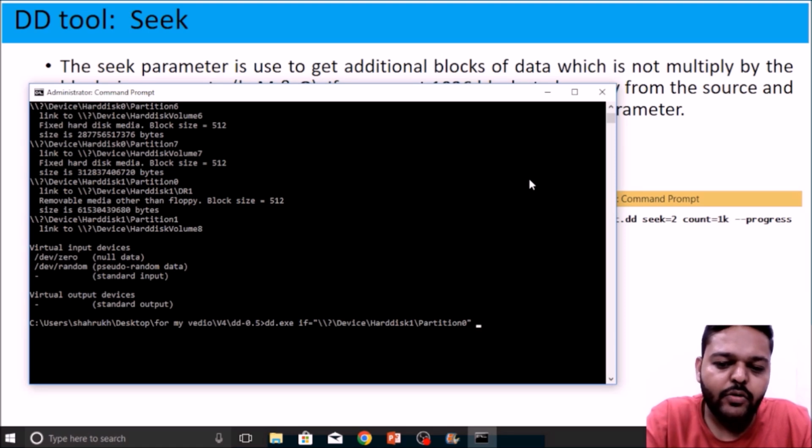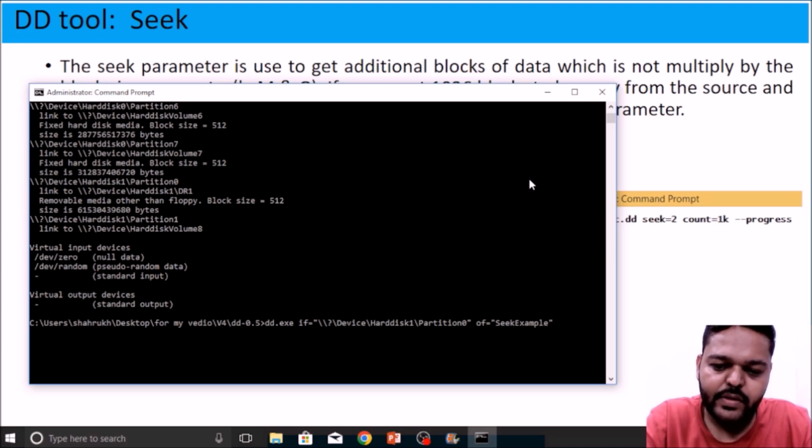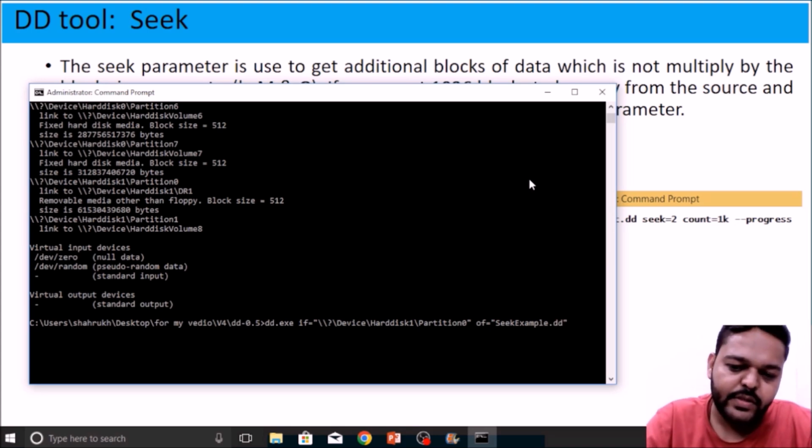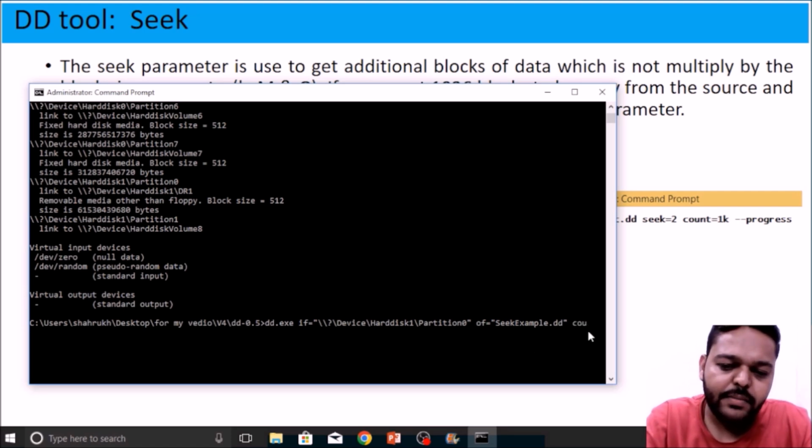Now for the output file, use of and give the output file name, seek example.dd. Where will it be stored? It will be stored in the dd-05 folder. After that, give the count command.